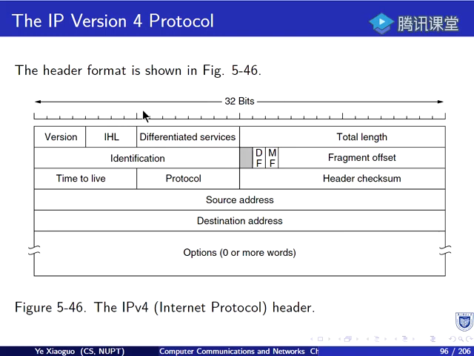Now we know the header format of IPv4 includes these fields: version, header length, DS field, total length, identification, the flags DF, MF, and fragment offset, time to live, protocol, header checksum, and source address, destination address,